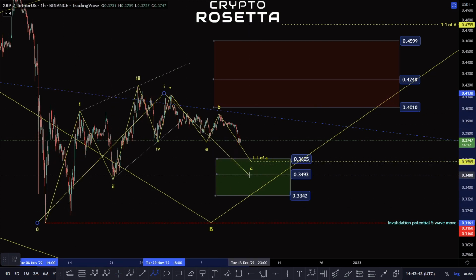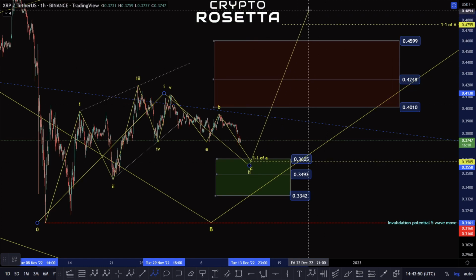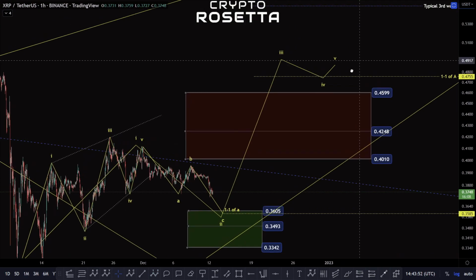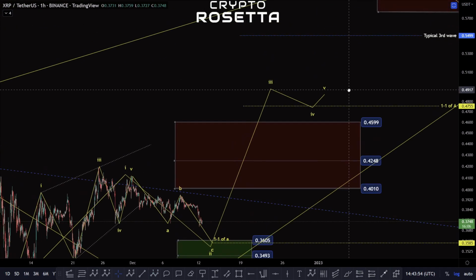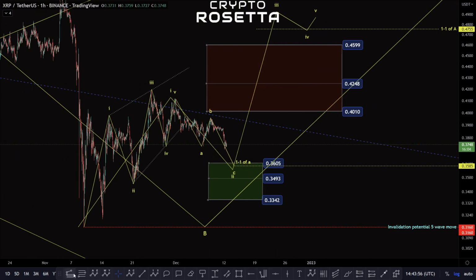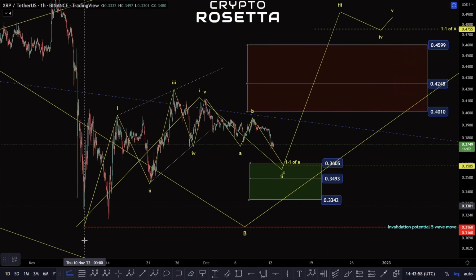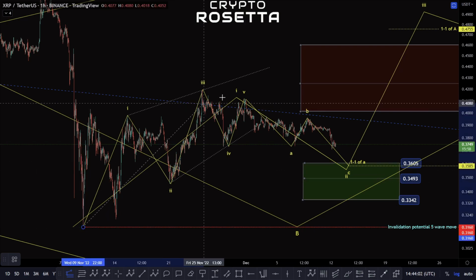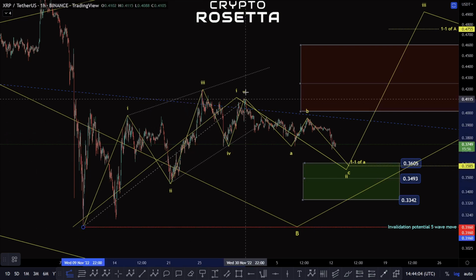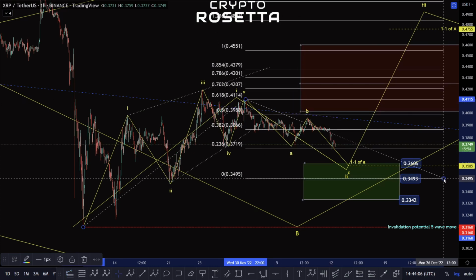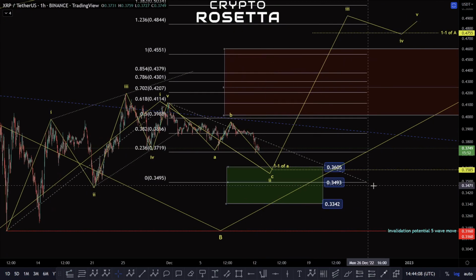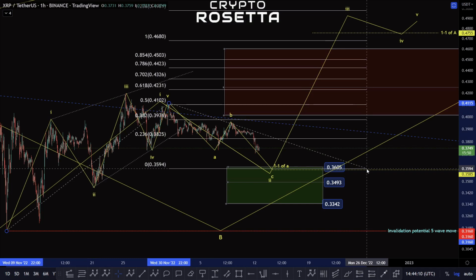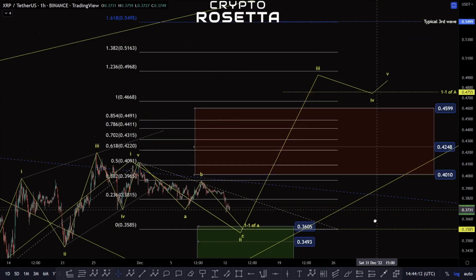This comes down as a wave 2. We look for that wave 2, and then basically we would be looking for this wave 3. So this wave 3, I've done this off the 618 because it's just a typical area, though like I said, currently we are looking at progressing